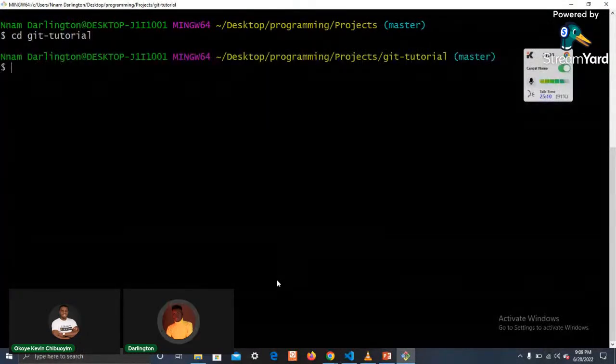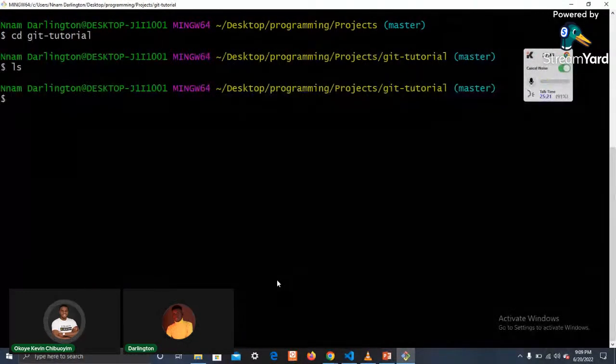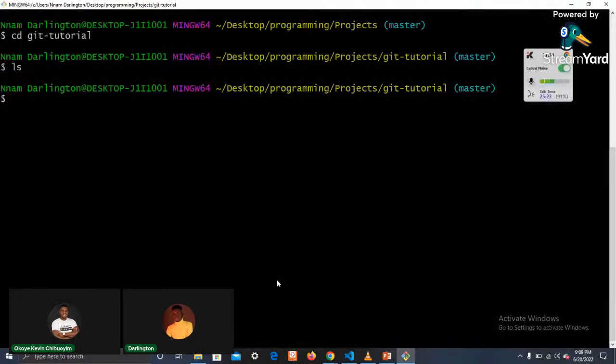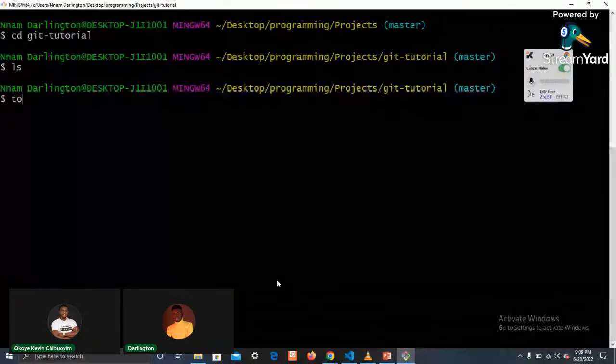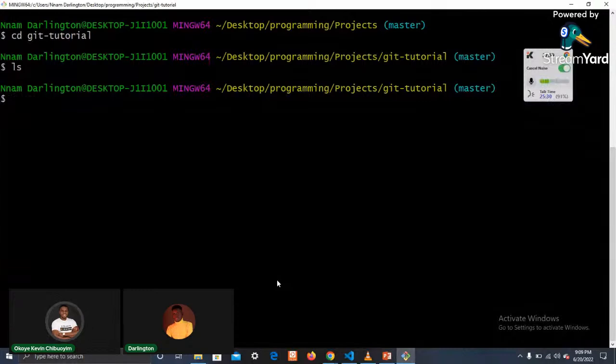Moving into our Git tutorial folder, let's list our files again to be sure. There are no files here. Wow, I think I made a mistake. You put the files in the projects folder. Yeah, I just saw that now. So I think you have to use that command that we left out earlier, which is to move files. I think you have to use it now so that we can get a hang of it.